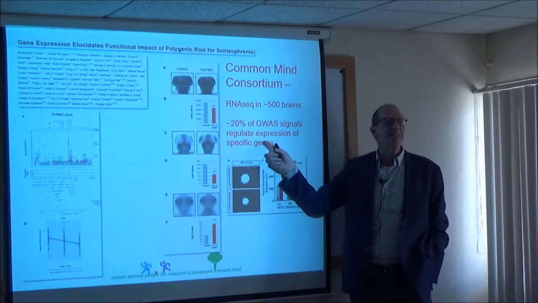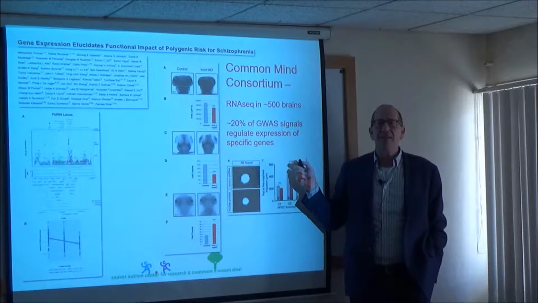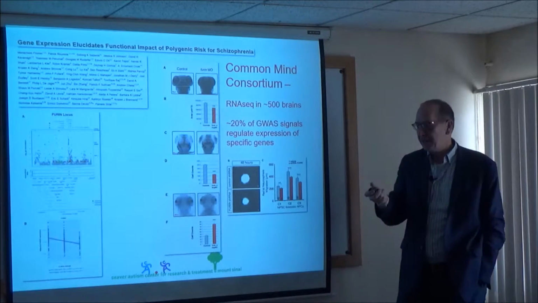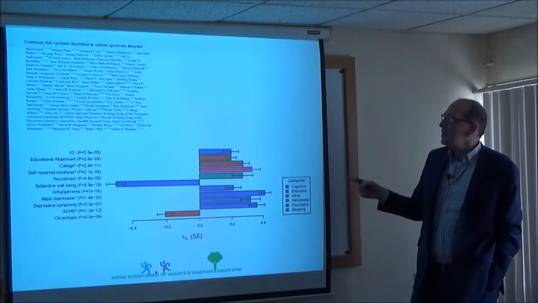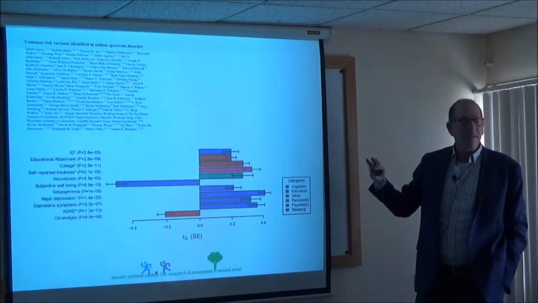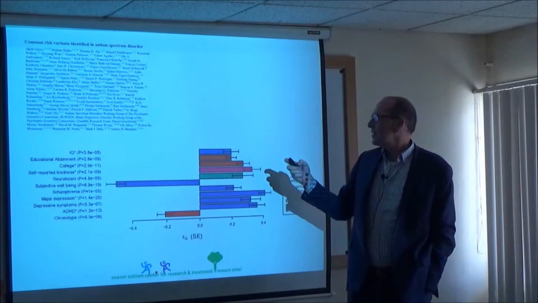Okay, so we can begin slowly to interpret what these GWAS findings are, what these common variant findings are, but the effect size is tiny, and it's hard to model or understand in a direct way. But that's the future. One thing you can do with all this common variation is you can begin to talk about what correlates with what. And for example, this is in autism, okay? So this study here,